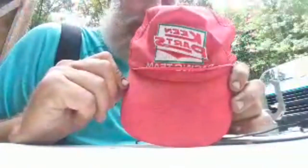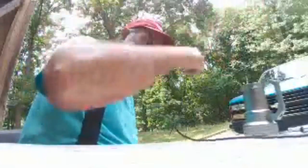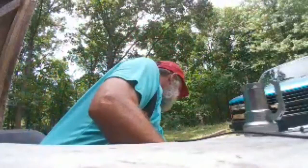Alright, so just to point out, you see that? It's backwards. That actually says Keen Parts. I haven't figured out how to sort that out yet, to get the camera, when it's in selfie mode, to stop acting like a mirror. Alright, so good Lord, it took 44 minutes to do this. Alright, let's scroll back a little bit. See what my brothers, what kind of...